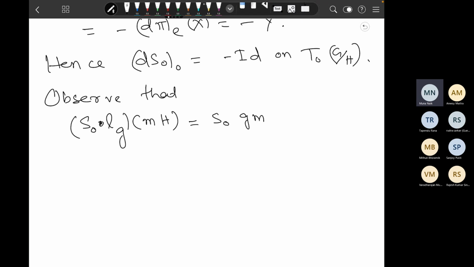So S0 LG of MS is GMS, and GMS is really nothing but sigma of GMS,